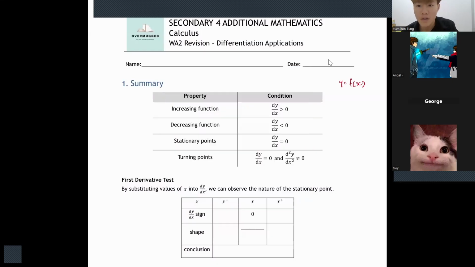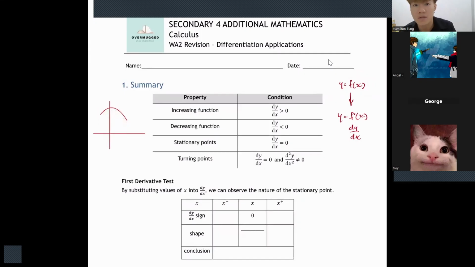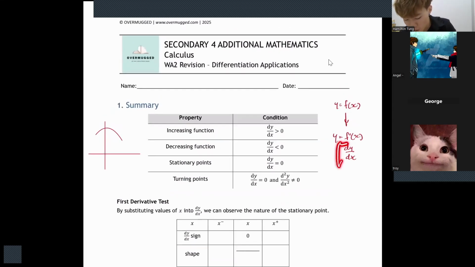Yeah. So say we have a function y = f(x). When we are finding y = f'(x), or we can say dy/dx, we are finding the gradient function of a graph. So say we have a curve, the curve has a certain gradient at each of the x values. Every single x value has its own gradient. If it's a straight line, it's very easy for us to find the gradient because a straight line has constant gradient. But when it's a curve or a non-linear function, it's a bit hard for us to find dy/dx at each point. So therefore, we need to find this thing called the gradient function.